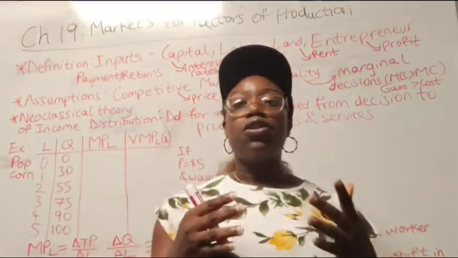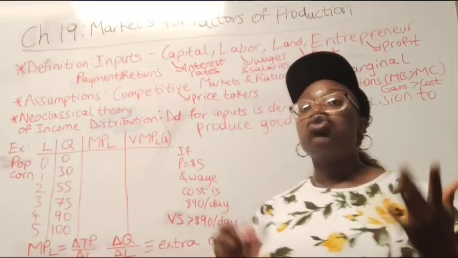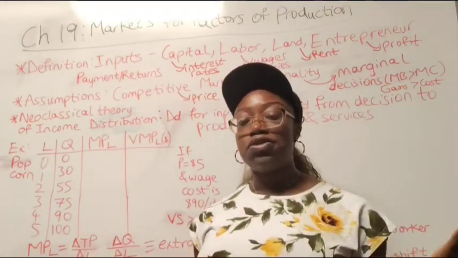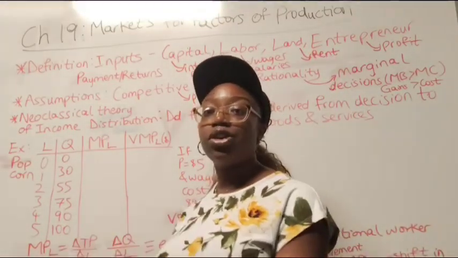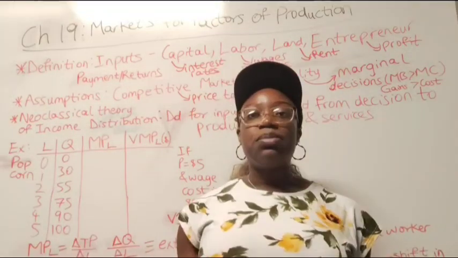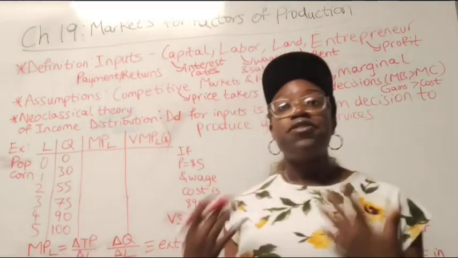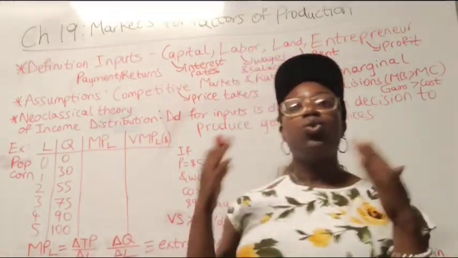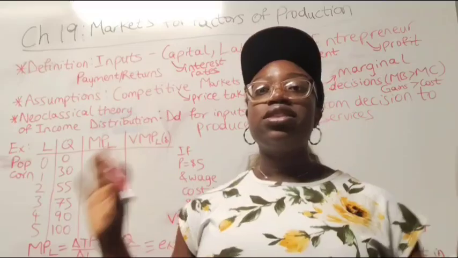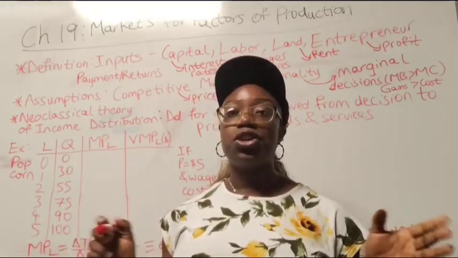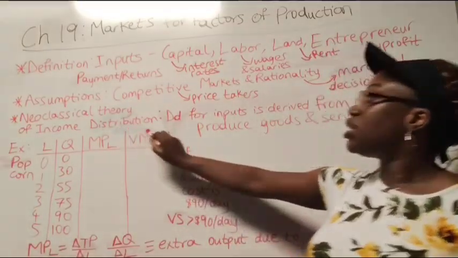Another key assumption for the factors of production is that it's based on rationality. We've talked about rationality in previous chapters, but that basically means acting when the marginal benefit exceeds the marginal cost. And by marginal, I mean extra. So you only make a decision if the extra revenue, gains, income, or payments for whatever decision you're making exceeds the extra cost of production. And this is all based on the neoclassical theory of income distribution, which simply revolves around